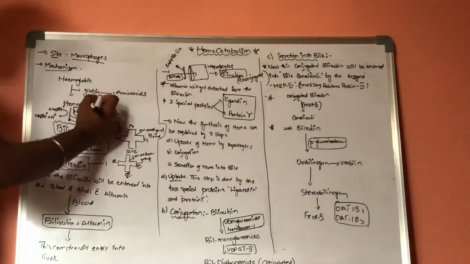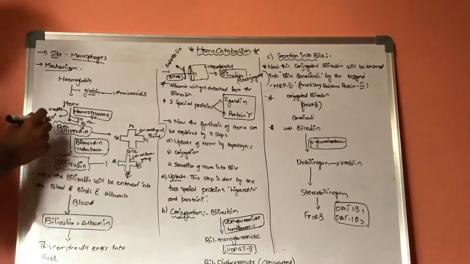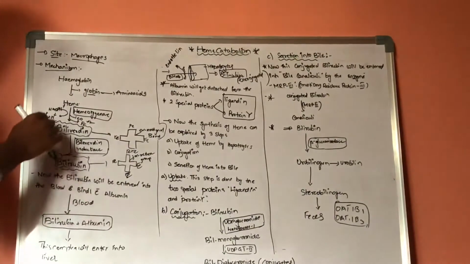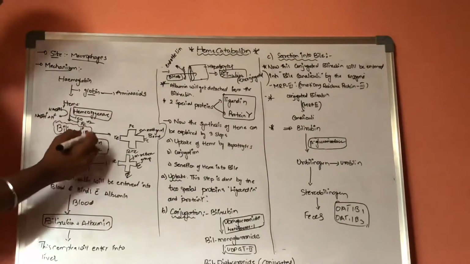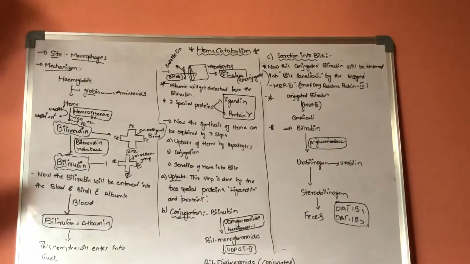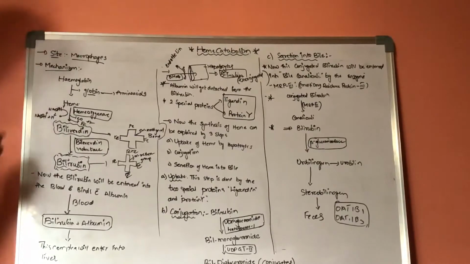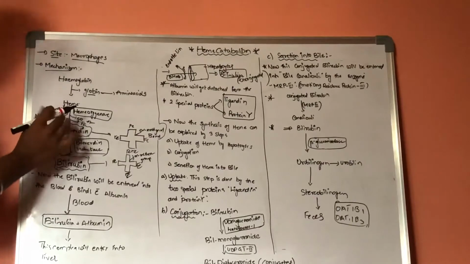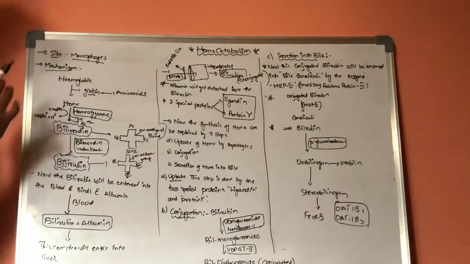Now this globin will undergo further steps that result in the formation of amino acids. The other part apart from globin is heme. Now coming to the heme, with the help of an enzyme called heme oxygenase it will be converted into biliverdin. Heme oxygenase is NADPH dependent. In this step there will be release of carbon monoxide and ferrous ion.